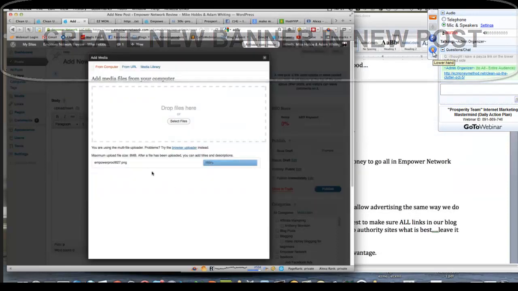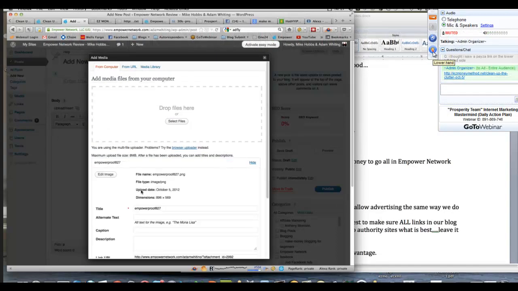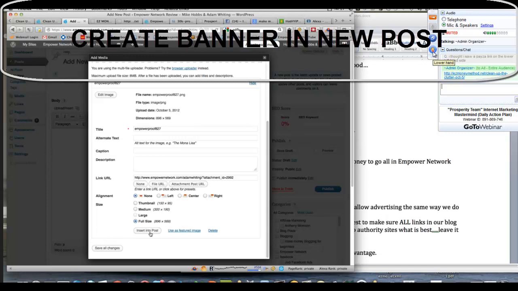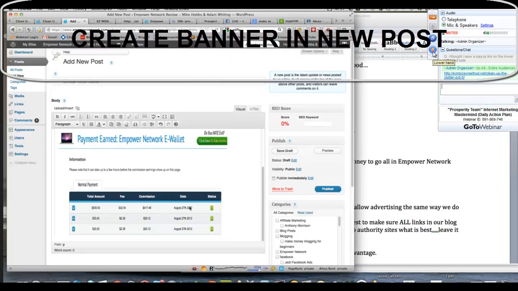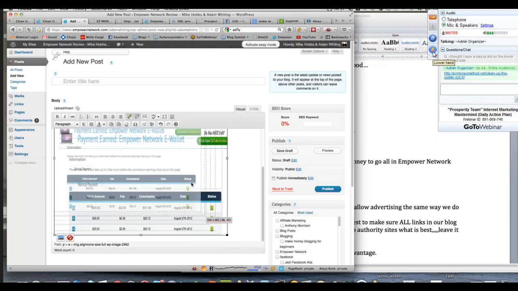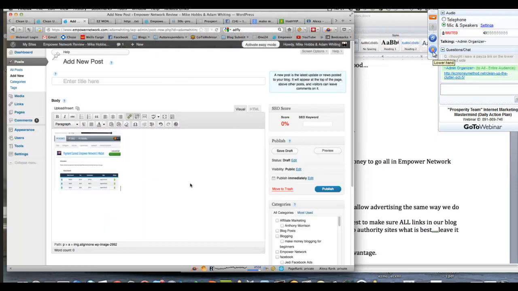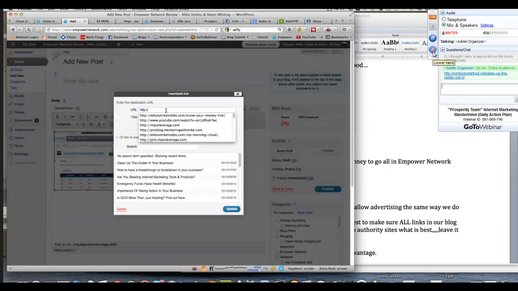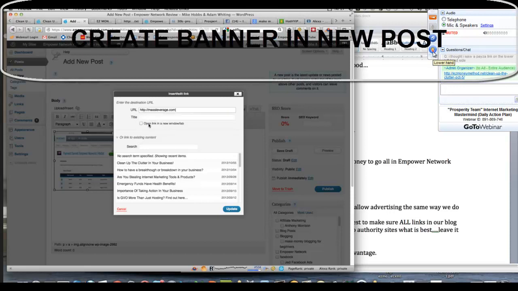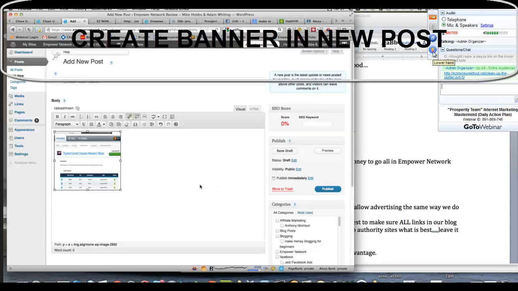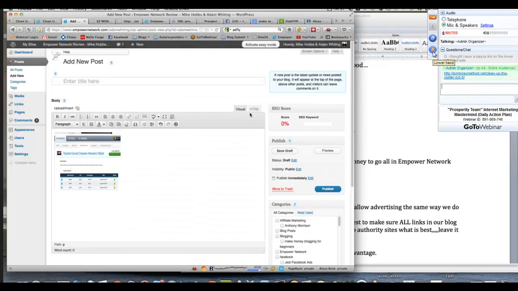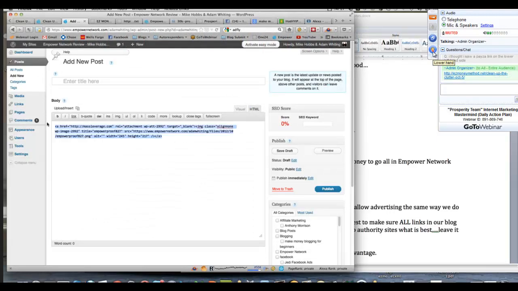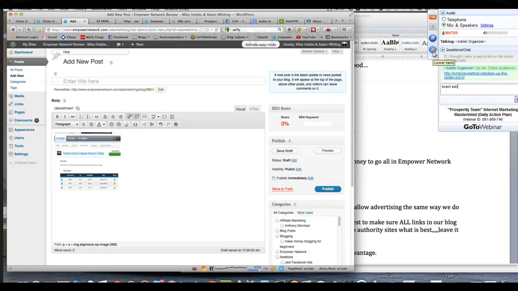Okay? As soon as you've inserted that image, make sure it's on none and all that. Then you size it to where you want it sized. You click on it and you make it a link to whatever website you want it to go. Open a new window, update, and that's a banner, guys. That's a banner. So then you click on HTML, and now that's the code you use. If you do it any other way, you will probably hit roadblocks. It probably won't work right. It works pretty much every time.